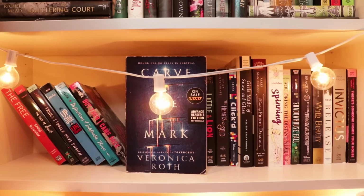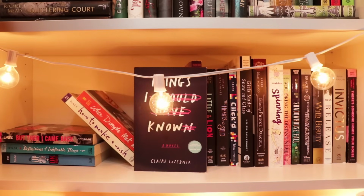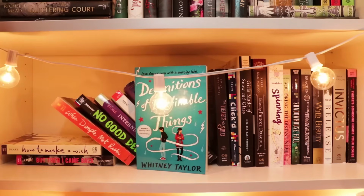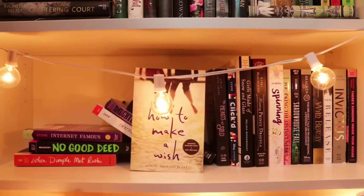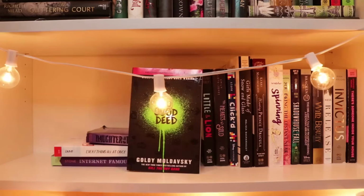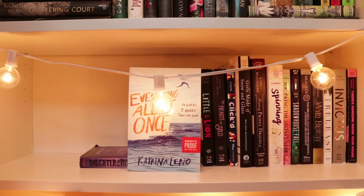the Mark by Veronica Roth, The Free by Lauren McLaughlin, The Last of August by Brittany Cavallaro, Things I Should Have Known by Claire LaZebnik, The Upside of Unrequited by Becky Albertalli, Definitions of Indefinable Things by Whitney Taylor, But Then I Came Back by Estelle Laure, How to Make a Wish by Ashley Herring Blake, When Dimple Met Rishi by Sandhya Menon, No Good Deed by Goldy Moldavsky, Internet Famous by Danika Stone, Everything All at Once by Katrina